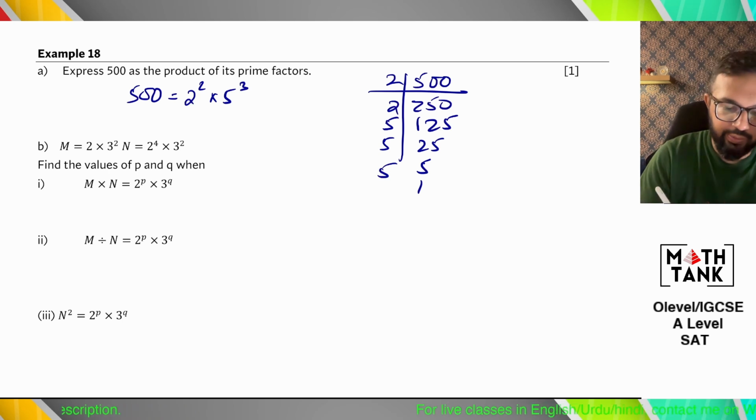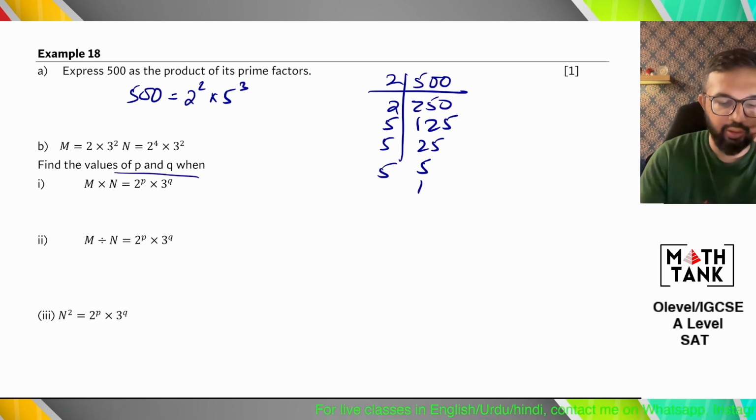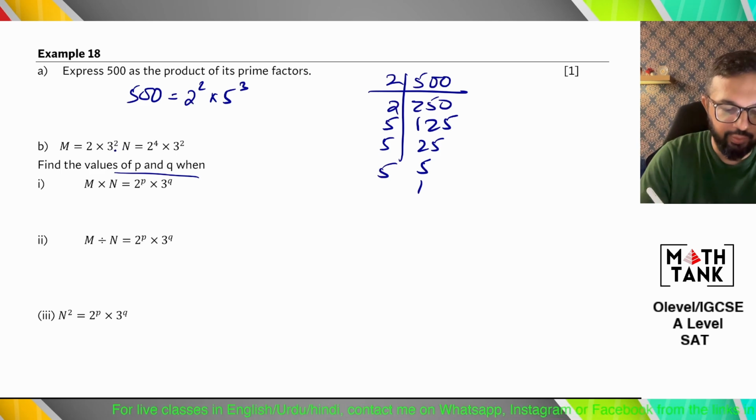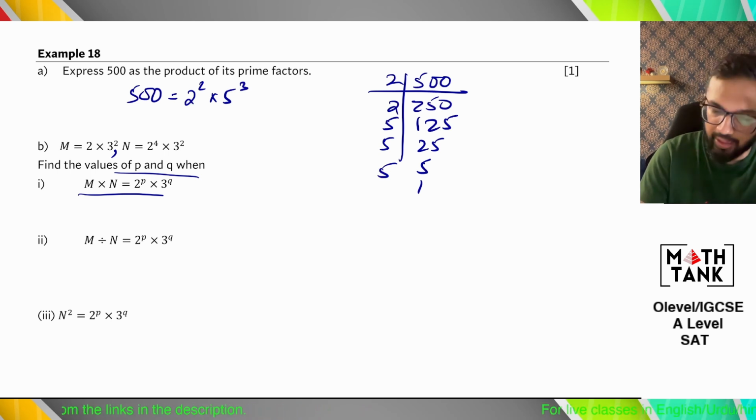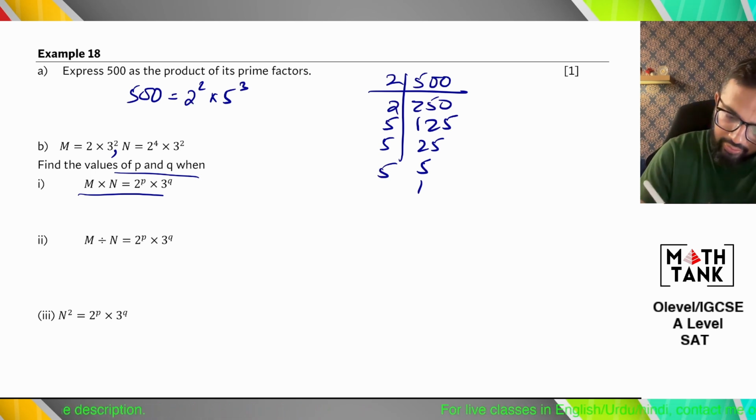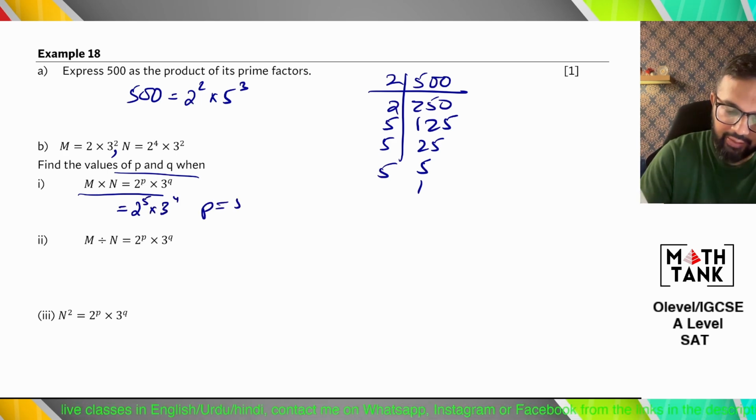Now find the values of p and q. This is a separate question. There should be a comma here that's missing. Let me just put that down for you. There are two separate pieces of information. One is about m and one is about n. What happens when m is getting multiplied with n? The simple idea is that you add the powers. So this is going to become 2 power 4, 5 and 3 power 4. So p is equal to 5 and q equals